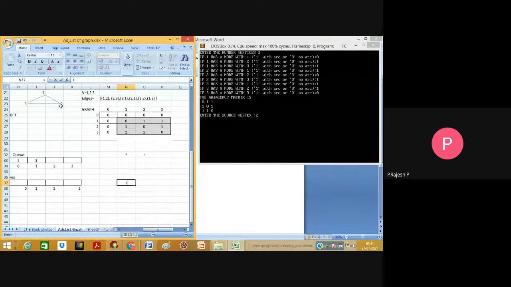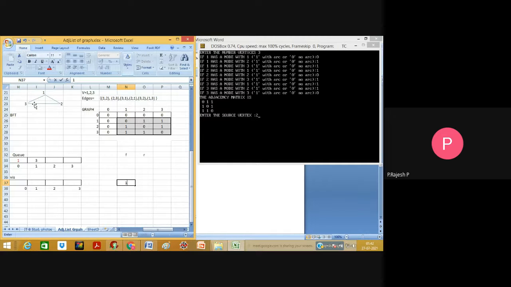So the deleted element is 1 now. From 1, we check for adjacent nodes. The adjacent nodes are 3 and 2, but they were already visited.